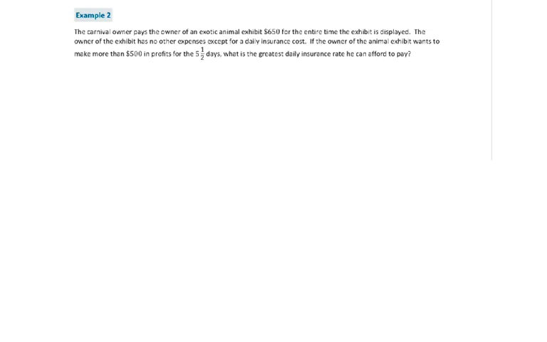It says the carnival owner pays the owner of an exotic animal exhibit $650 for the entire time the exhibit is displayed. The owner of the exhibit has no other expenses except for a daily insurance cost. If the owner of the animal exhibit wants to make more than $500 in profits, so he doesn't want to make equal to, he wants to make more than, so I'm going to put a greater than $500 in profits for the 5.5 days,